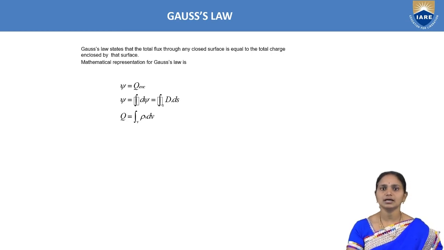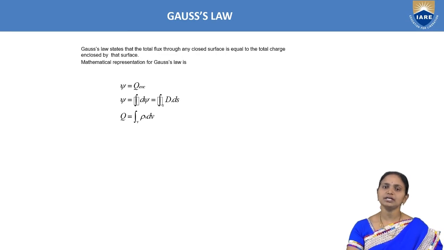Before this, Coulomb's law can also calculate both the parameters, electric field strength and electric flux density. Even though we have Coulomb's law, we go for Gauss law here because Gauss law is applicable for symmetrical charges. If the charge is symmetrical, we can directly apply Gauss law. Gauss law involves fewer mathematical equations than Coulomb's law.